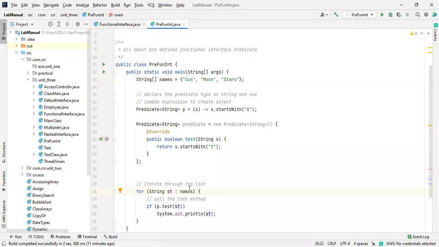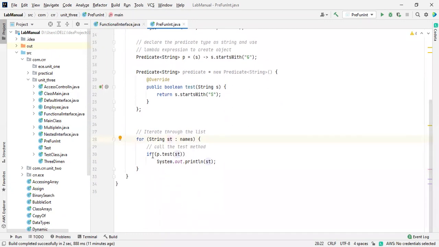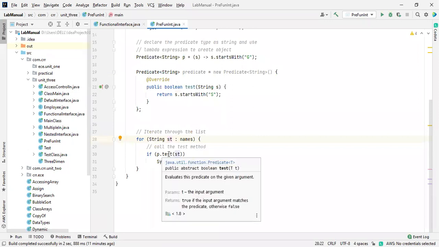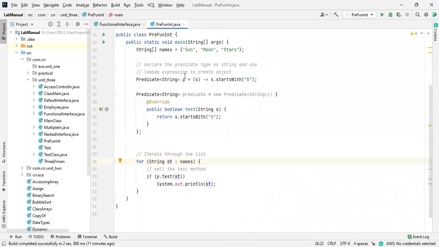So for the first iteration, I'm checking the condition: p dot test. What is the p? Here p is the predicate's variable name. By using this object, I'm going to call the abstract method available inside this interface. p dot test takes one argument, and I'm sending that argument to it.